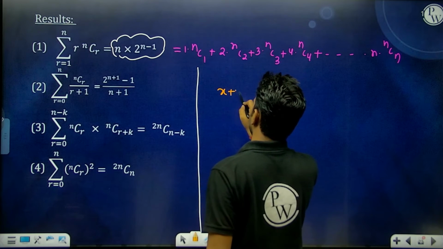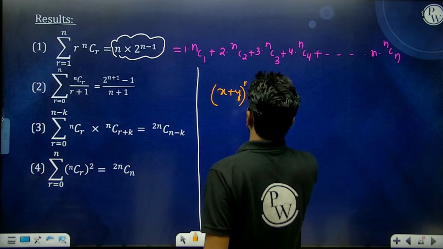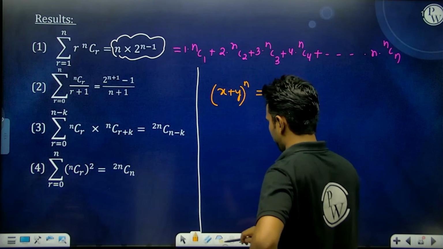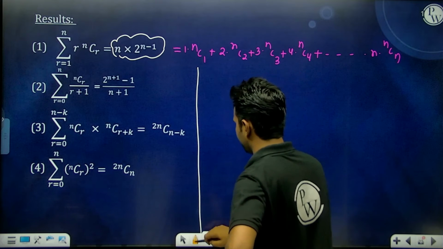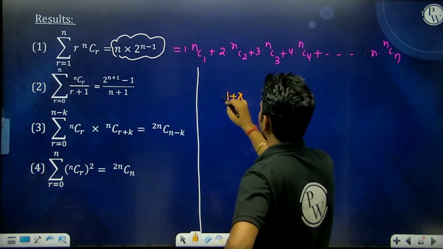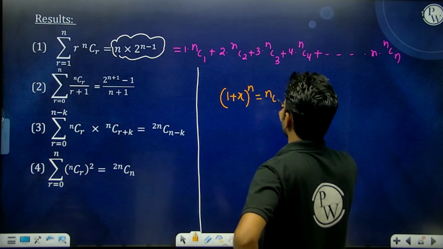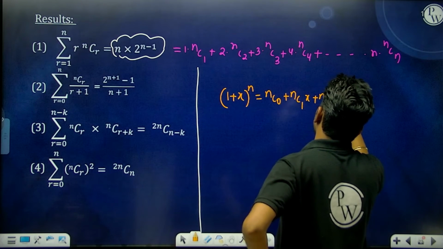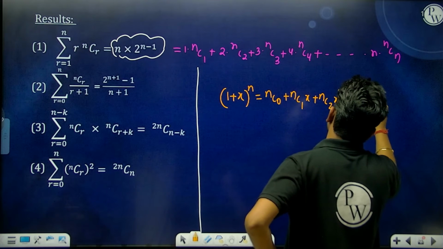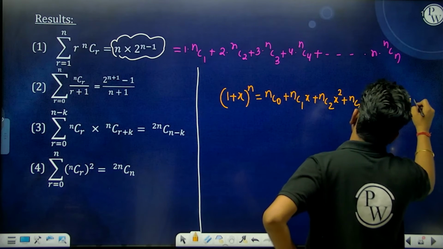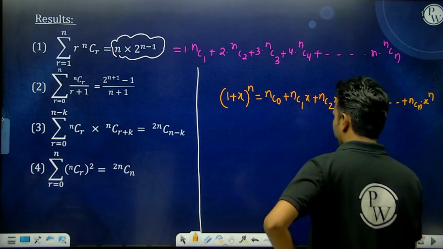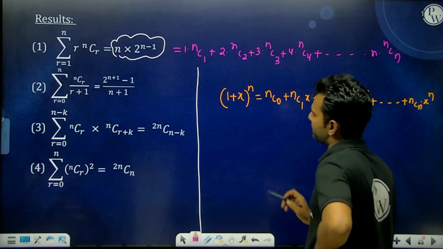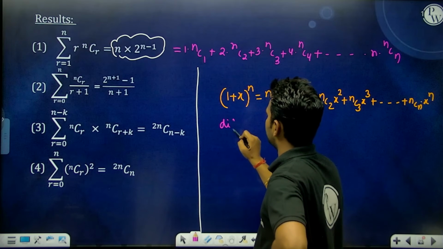Let me tell you this one: (x + y)^n, or you can take this one, (1 + x)^n. We know the formula is equal to nC0 + nC1·x + nC2·x² + nC3·x³ and so on till nCn·x^n. Now if you differentiate this, I hope you know the differentiation, you might have studied this in physics. So if you differentiate on both sides,